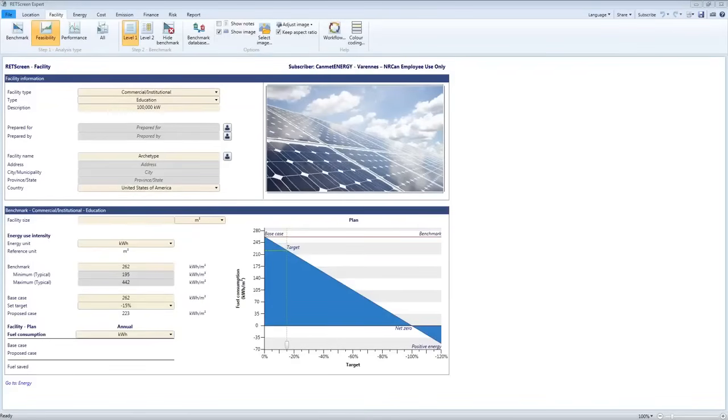Yes, the benchmark database is frequently updated as we see fit. So some technologies don't evolve as quickly as others, but yes, we do keep the benchmark database updated. In fact, we're currently updating parts of the